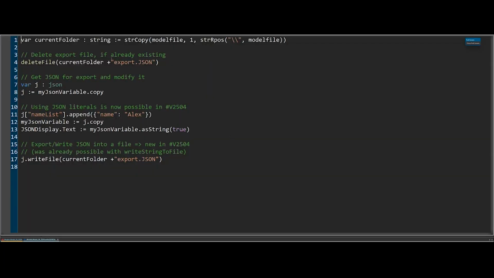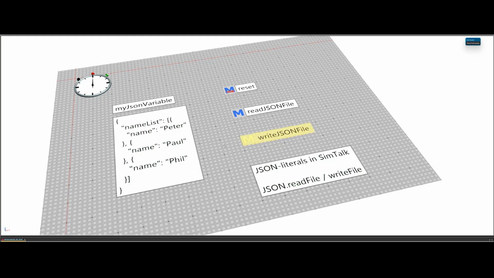But this one here is where I'm simply using JSON literals right inside my SymTalk method. So if you're familiar with JSON, you will immediately see where I'm doing it. So I don't need to do some string conversions or things like that. I can simply directly